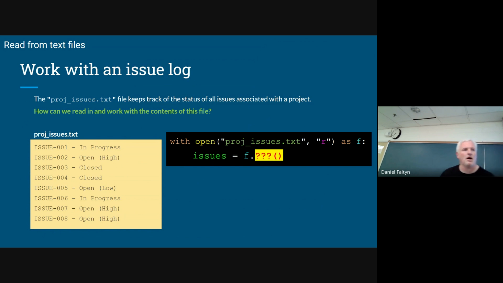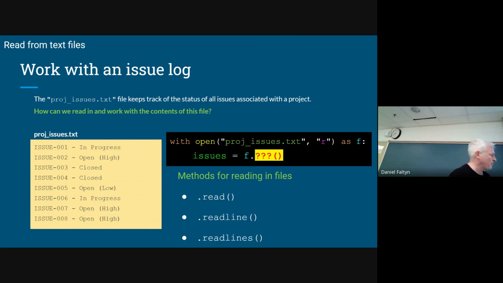So, you call up Amazon, there's somebody on the other line, and you say my package wasn't delivered or whatever. They say, okay, this is issue 1, it's in progress, I'm troubleshooting it. Or there are so many people on the phone that they say, okay, issue 1 in the system, issue 2 in the system, issue 3 in the system, and then somebody else is going to go triage them later. How would I read that file? There are 3 key ways. There is a method called read, one called readline, and one called readlines.